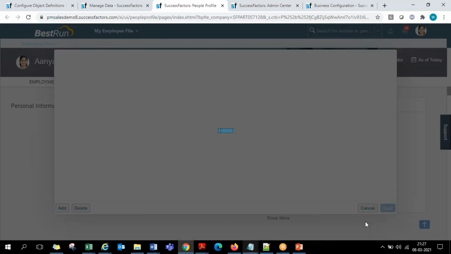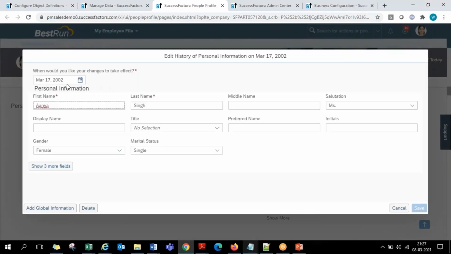Here if you click on edit, what you're editing is the 2002 record, the date, if you see. Any change you want to do here, in the middle name, if you want to add something, display name, any marital status things, anything you're updating, that change is going to be effective since 2002, backdated. Say for example, for the last 20 years, the employee's middle name was not properly maintained in the system, but that employee has some middle name.